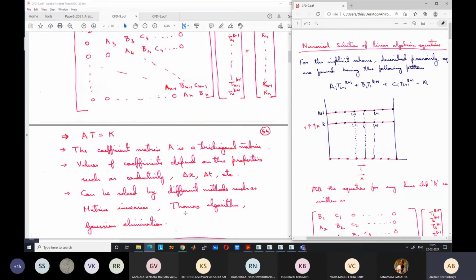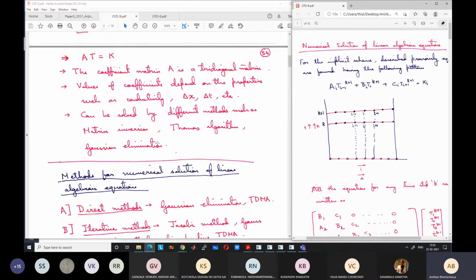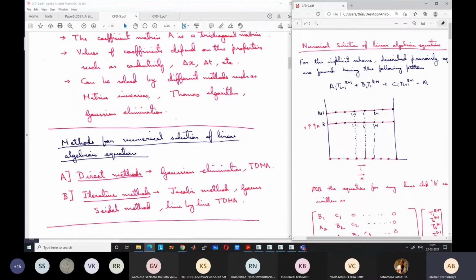Or we can use something which is called the Thomas algorithm, which we are going to study, which is also known as the tridiagonal matrix algorithm or TDMA. Okay, so this is one way of solving this. These are known as direct methods. There are also indirect methods, whereby we iterate, meaning multiple iterations. In one iteration we go towards the solution, and in another iteration we go further towards the solution. We can solve the equations. Okay. So we can also use iterative methods.